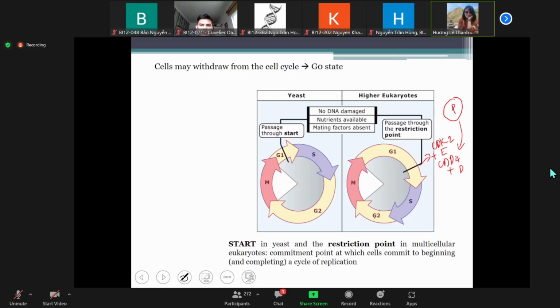Normally, we have an RB protein here that inhibits the cells in the S phase. Whenever these CDK plus cyclin complexes are active, they will inhibit this protein. Okay, they inhibit this protein. So the synthesis can happen. But if there is some problem with DNA damage here,